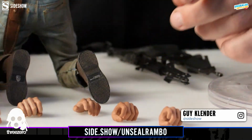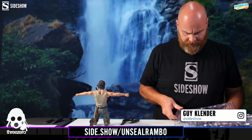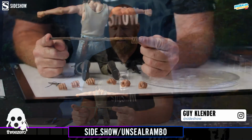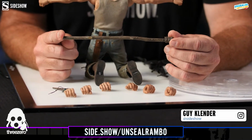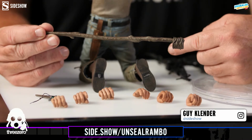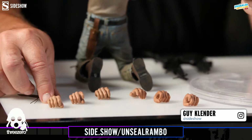That's not really, I mean, yes, you've got that for it, but it actually can be used with the other accessory. We see Rambo surviving out there in the forest, and he does a bit of hunting and gets a wild boar. Sorry about that plastic crunch that you're probably hearing. And he does go and hunt. He creates a spear of sorts. Nice. So they've given you that. Really nicely done. Great paint on the wood. Great texture on there. Also with it down here, you'll see that that's already got a wrap on there. Hole, so you ready to just shove the knife in that? So what you do,